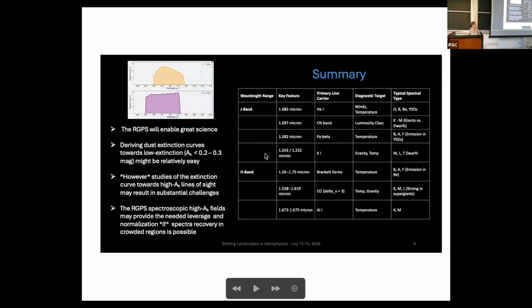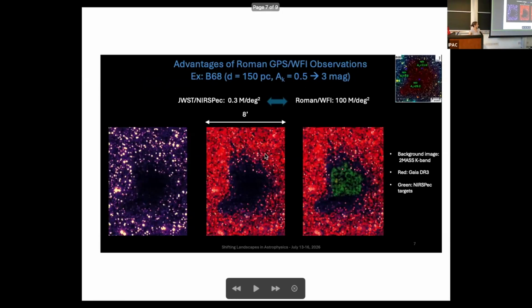So I think this is at the end of what is going to be done. The answer is basically this is the only way that the problem is tackleable right now. However, it's good because it gives you the statistical information that we don't have right now. So that is going to be great and unprecedented. And so I think it's really going to move the field forward in any case.